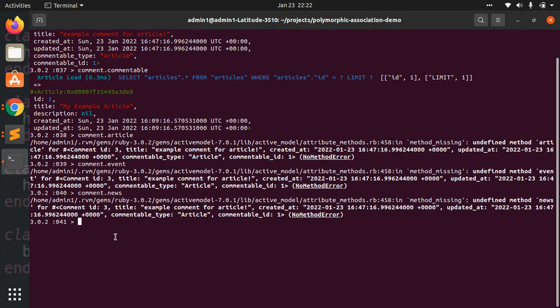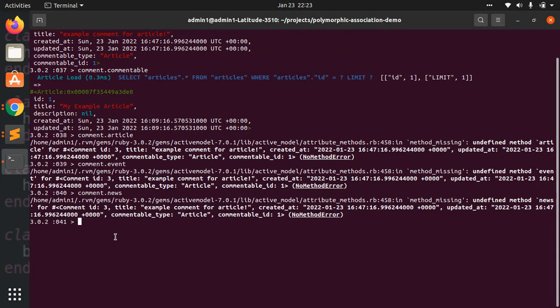So you just need to call it via your polymorphic association name. Like for example, here we made it commentable, so we need to find comment dot commentable. And suppose your application contains models where multiple models have many images, so you should make your image model as imageable. Then you just need to find image dot imageable, okay, or let's say product dot imageable or image dot imageable. Sorry,